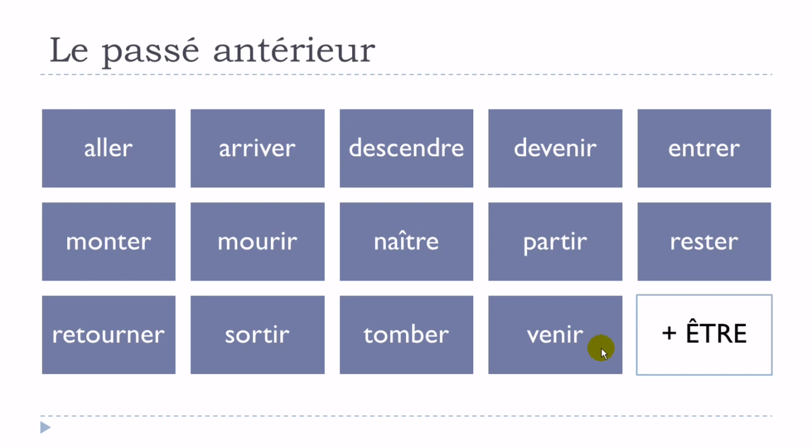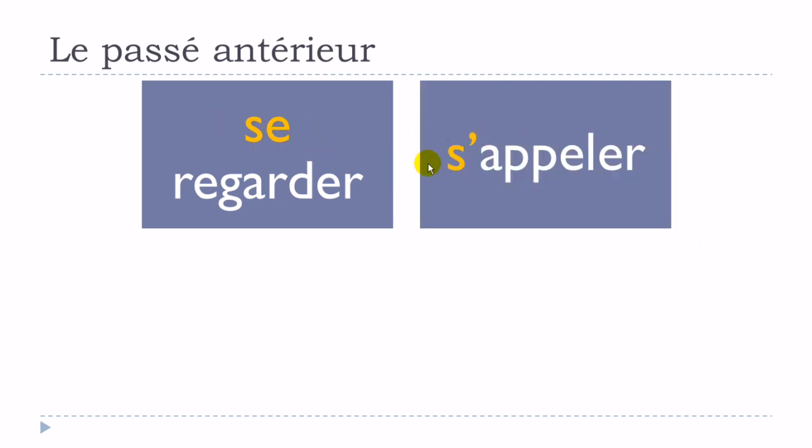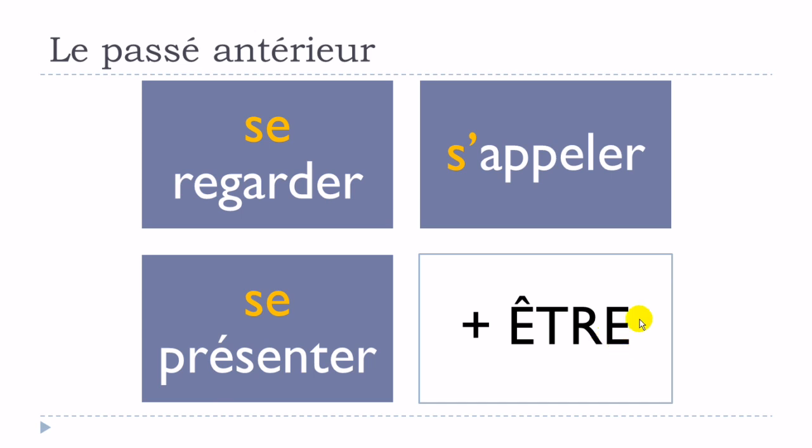So all these verbs will be conjugated at le passé antérieur, or more generally at all the compound tenses in French with être. And then we've got the verbs like se regarder, s'appeler, se présenter. Okay, so to look at oneself, to call oneself, to present oneself. So these verbs are called les verbes pronominaux. And all les verbes pronominaux will as well require être at le passé antérieur, or more generally at all the